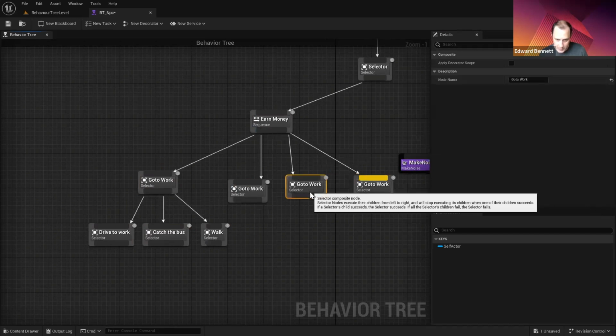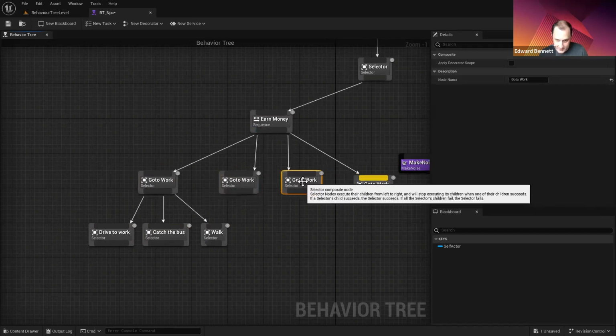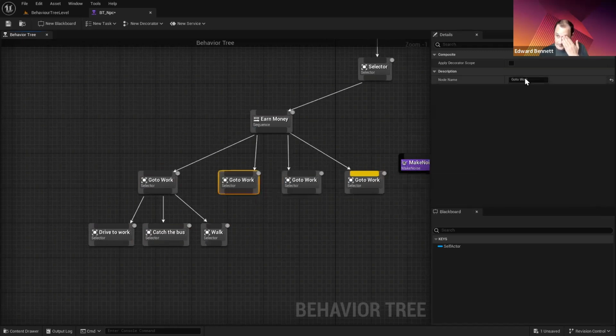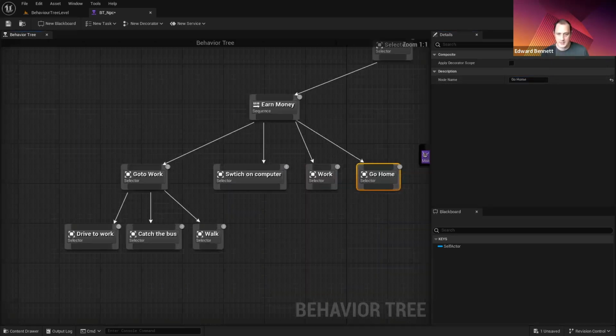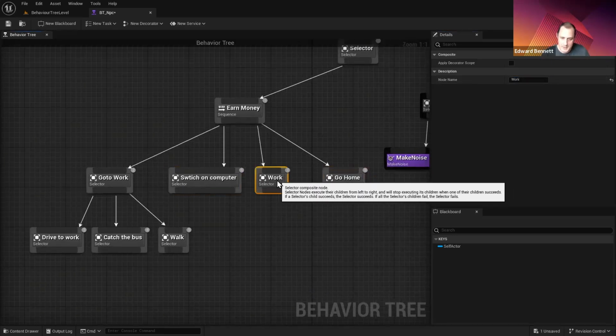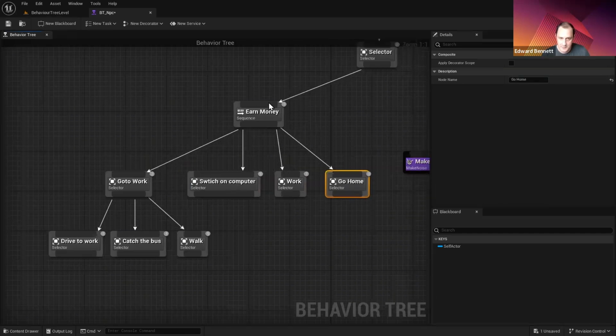In the world of remote working, this is not as good an example anymore. But, switch on computer. Okay, and now what a sequence will do is, for a sequence, for earn money to succeed, you need